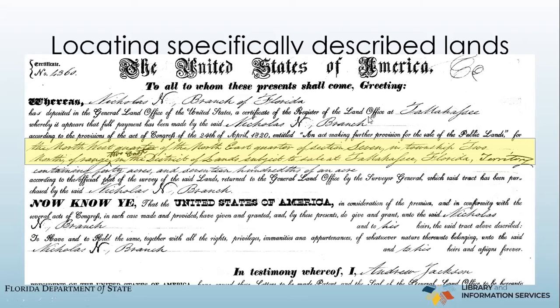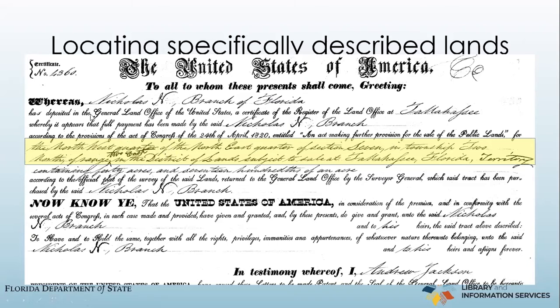Now, what I've got up on the screen right now is an example of one of those federal land patents that we talked about last time. This is when the federal government grants title to a piece of land that has never been owned by a private individual ever before, and they patent it out to somebody for the first time. Of course, it's coming from the president, and it's got the name of the owner, the amount of land, and all this good stuff. But the part I have highlighted is the part that's going to allow us to locate where exactly this piece of land was in real space.